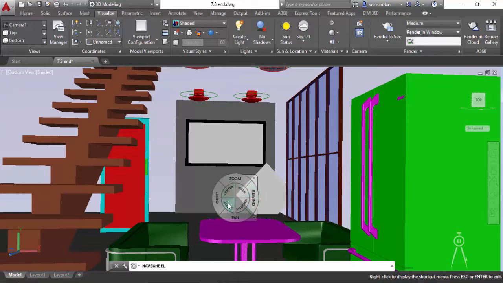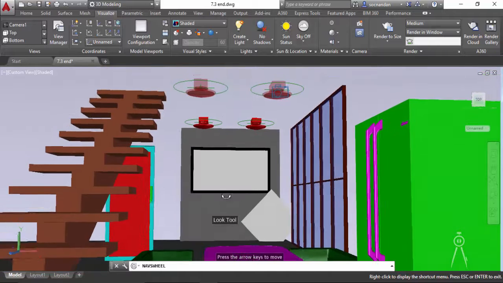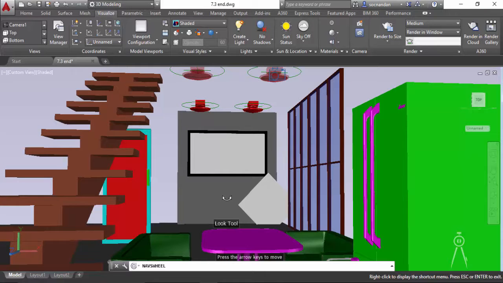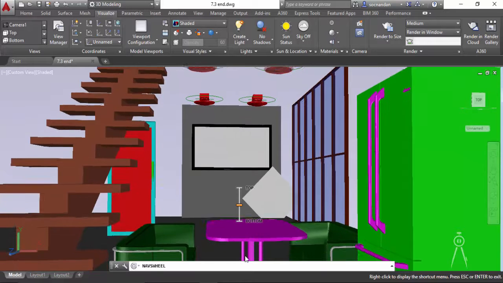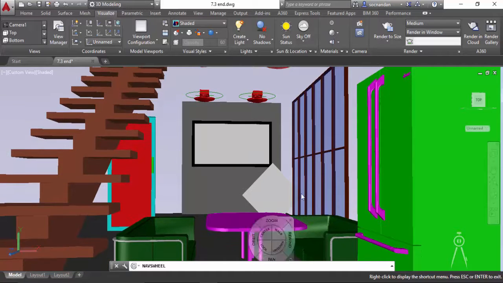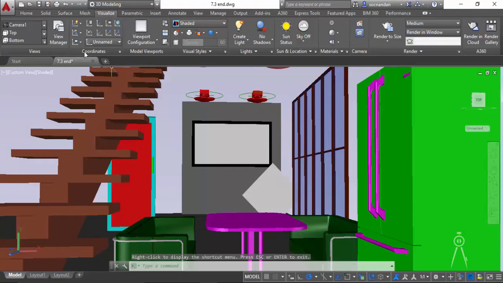Now we can also look upwards to see it more clearly. Like this, we will be able to see everything which is included here. So move the position of camera a little bit downward. So now our view is properly set, and we are including as many objects as possible in this camera view. So in order to make it a final view, let's close it and click on this view manager. But before doing that, we'll bring all the remaining objects.